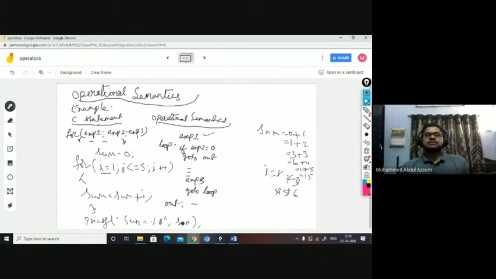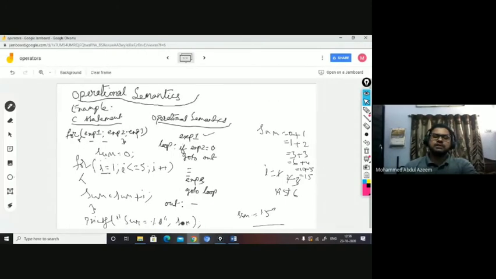When it is false, when the condition equals 0, it means when false, then go out, right? It means the next statement. So when this is false, where are you going? You are going for the next statement. You are coming out of the loop. When you come out of the loop, the next statement you have after the for will be executed. What do you have here? To print the sum value. So the sum value will be printed, right? So sum = 15 will be printed, right?